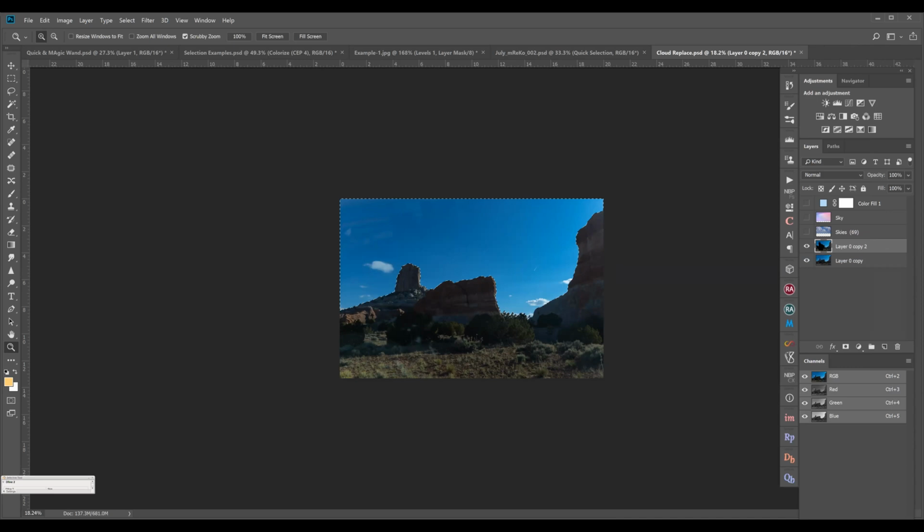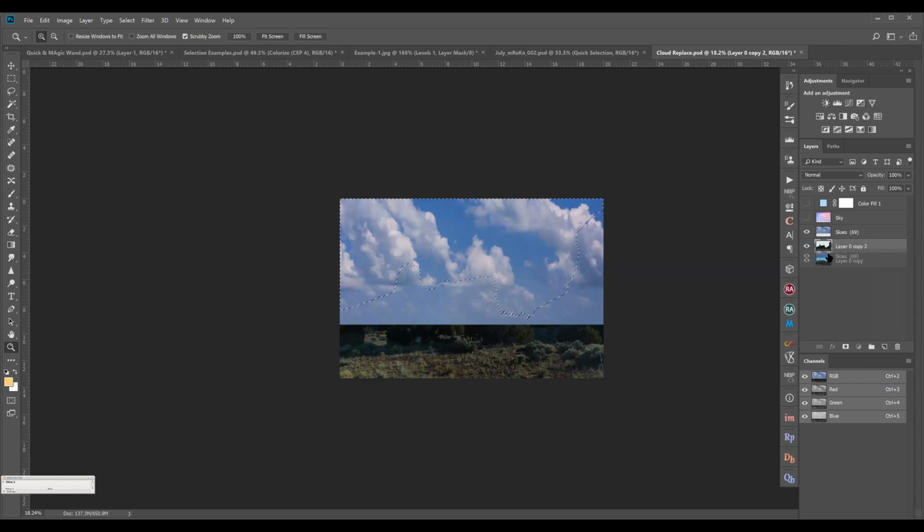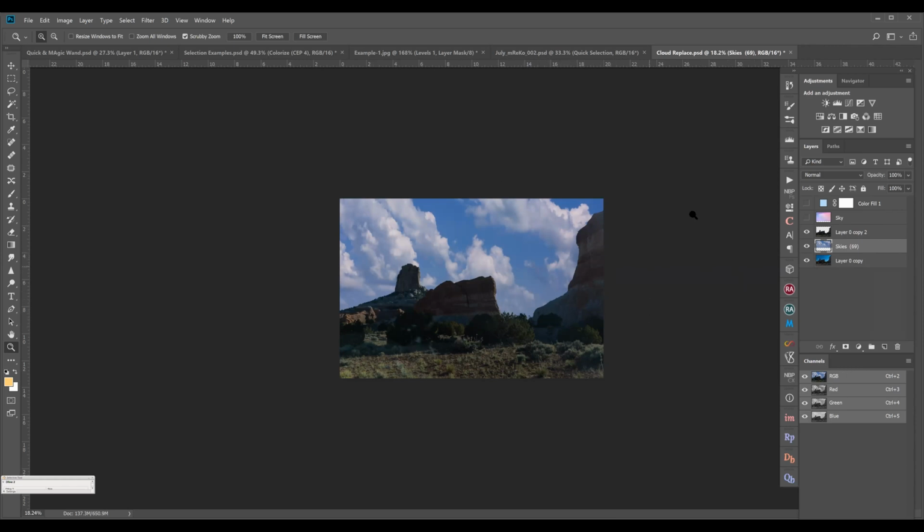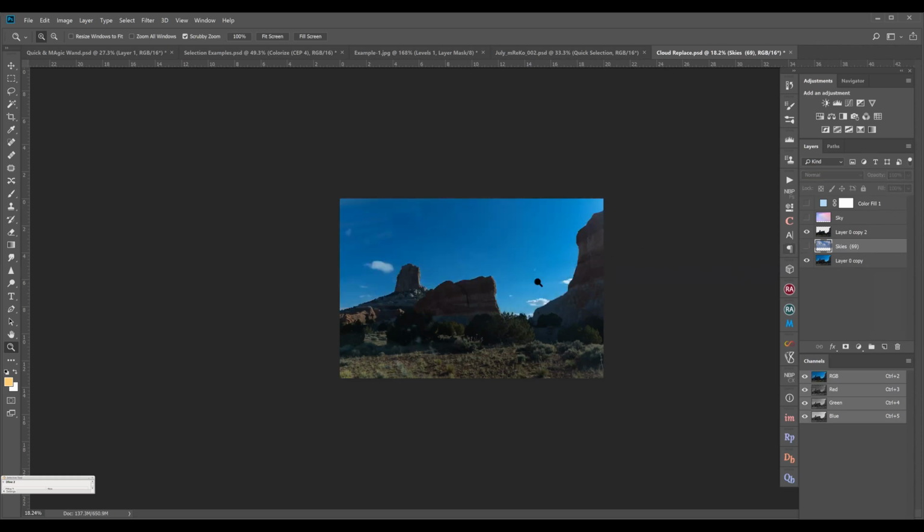I'm just deleting it by the delete key, and I will just drop the sky down and it is done. So this is a method of how you do a selection and then use a sky as a replacement.